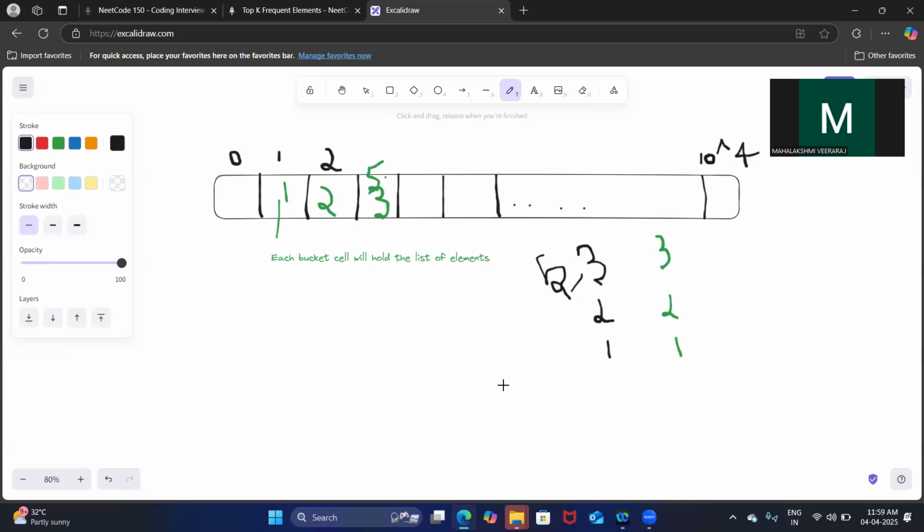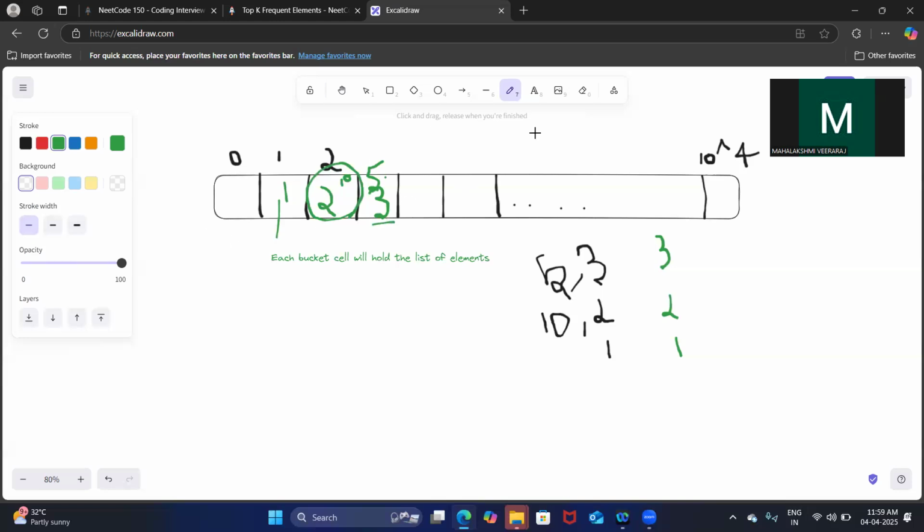Suppose 10 is also present 2 times in the nums array. In that case, we will be adding 10 also, because we already know that each bucket cell will hold a list of elements. So this cell will contain this group of elements, and similarly the other cell also has 5 and 3.